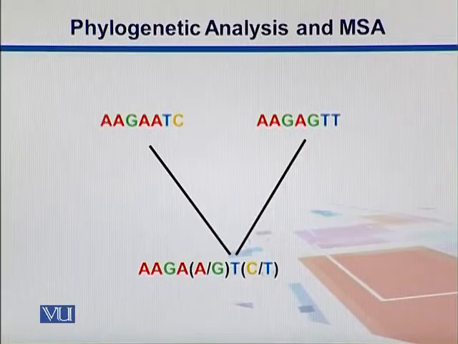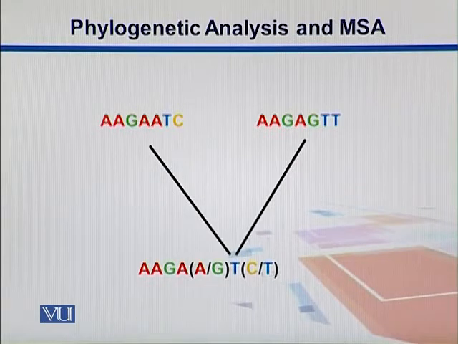On the fifth, we can have either A or G, and then we have a T which is conserved, and in the last position, we can have either C or T. So in this way, we can have a rough idea: since these two are highly correlated with one another, we see a large number of matches, we can expect that they have been derived from a common ancestor where we get